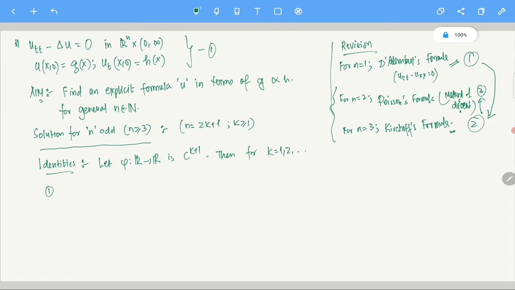These particular things hold. Number 1, d^2/dr^2 of this particular thing. See, these are some identities. This has nothing to do with any PDE or anything. Yeah, for any phi which is in C^(k+1), so k can be 1, 2, whatever. You take, for example, R^n, let's say R^5 or R^8. So you can have this formula. That's what I'm trying to say.